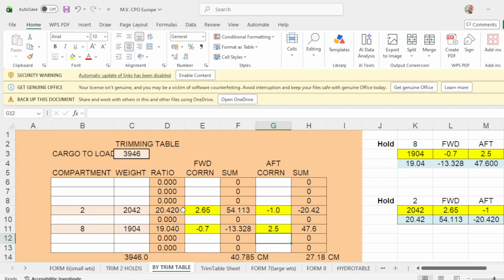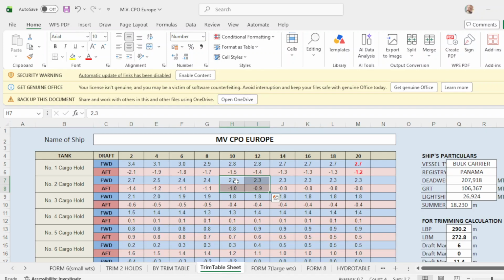Now in hold number 2, you take out the forward correction and up correction. Likewise in hold number 8, take out the forward correction and up correction. How to get this correction? You go to your trim table sheet, which is MB CPO Europe.